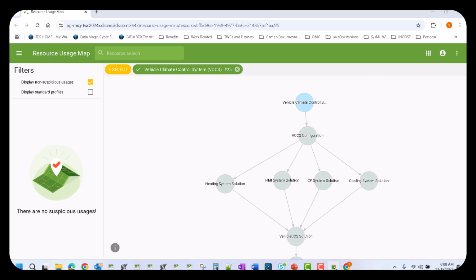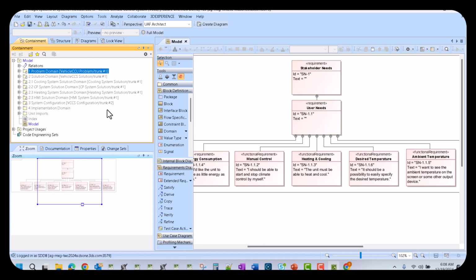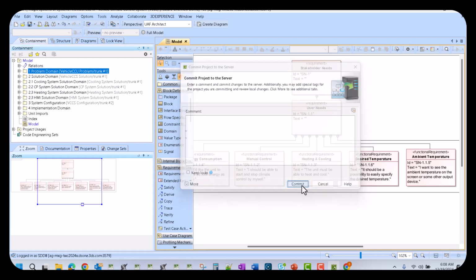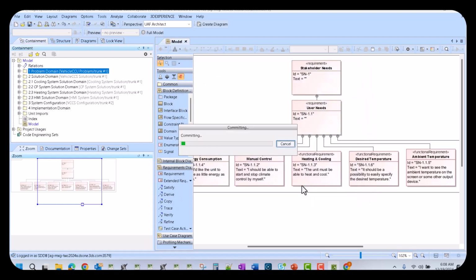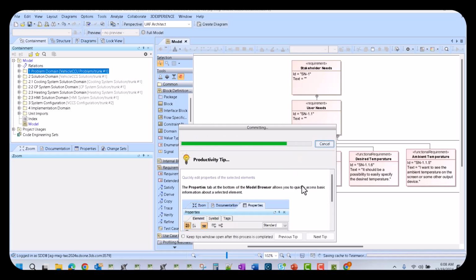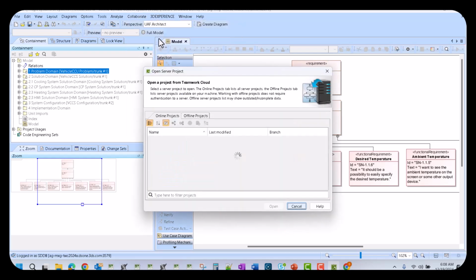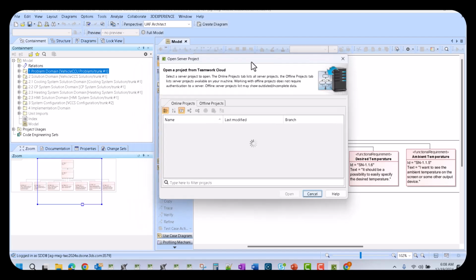Okay, so now let's head back to the model. And we've made this BDD, and we're going to go ahead and commit these changes. And I'm going to break a rule. I'm not going to add a comment for the sake of the demo. So bad on me, but you should definitely do that. Okay, and now I am going to have a review,